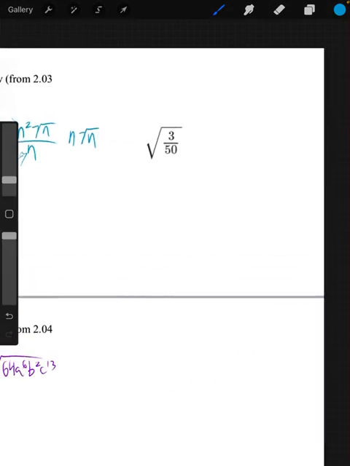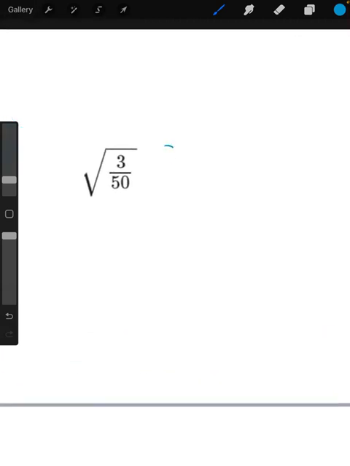Okay. And then for this one, let's make it simpler. It's basically the square root of 3 over the square root of 50. We can simplify 50 as the square root of 25 times the square root of 2. And 25 is a perfect square, so now we have the square root of 3 over 5 times the square root